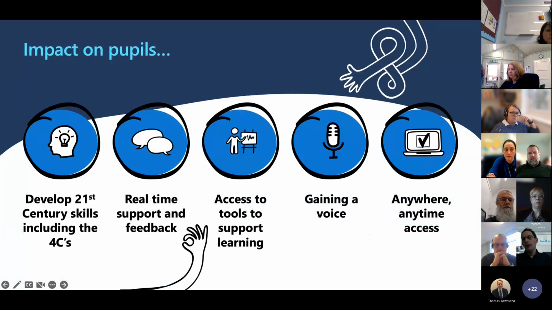There's also the impact on the pupils or the students that you work with. One of the key aspects that's been increased from last year's MIEE to this year is something called 21st century learning design or 21st century skills. A lot of these we're teaching anyway, but in the context of technology, so resilience, and also making sure that you've got transferable skill sets so that people understand technology around them as another tool to being a successful lifelong learner. So it's not just about school, it's about beyond school and having skills that will help them be successful as young adults or adults after they leave you.